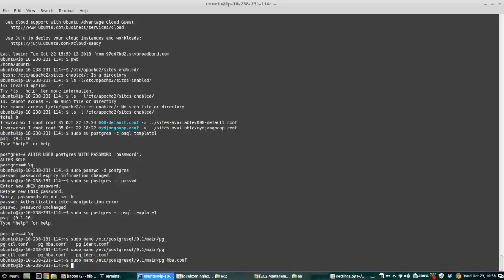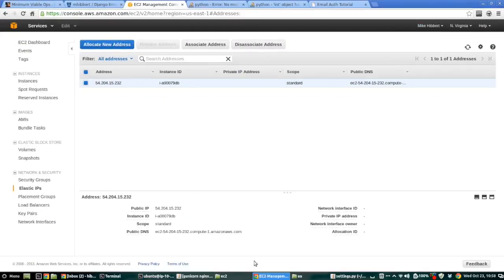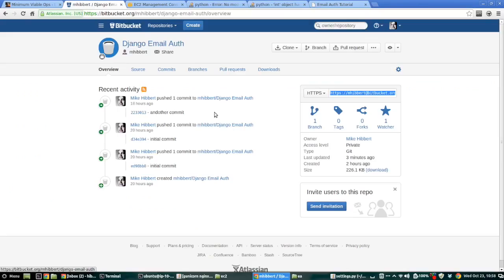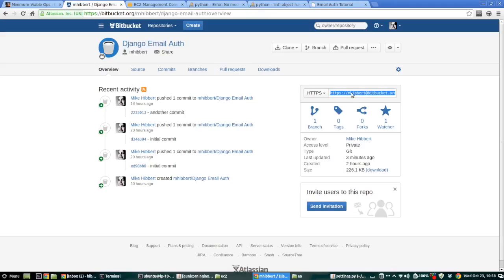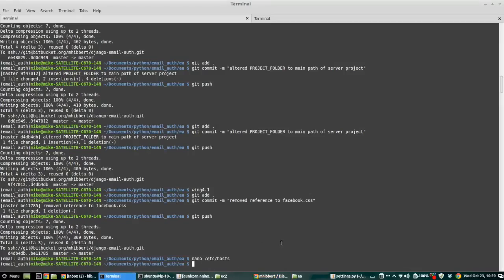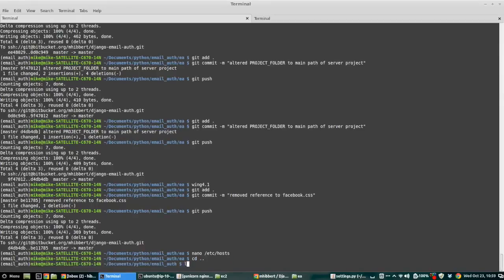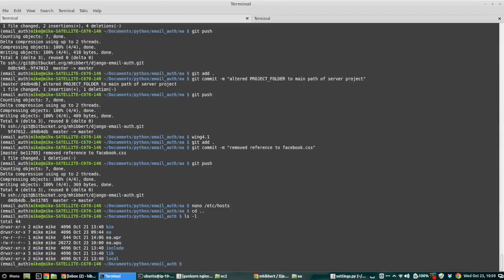So that's everything on the server side done. The next step is really to get ourselves prepared to actually deploy our code onto the server. So to do that, we first of all need to do something like create a Bitbucket or a Git repository, and this is what I've done. So I've basically set up this Git repository, then I've gone into my particular side of things, or my local side of things, sorry, and I'm now inside of my